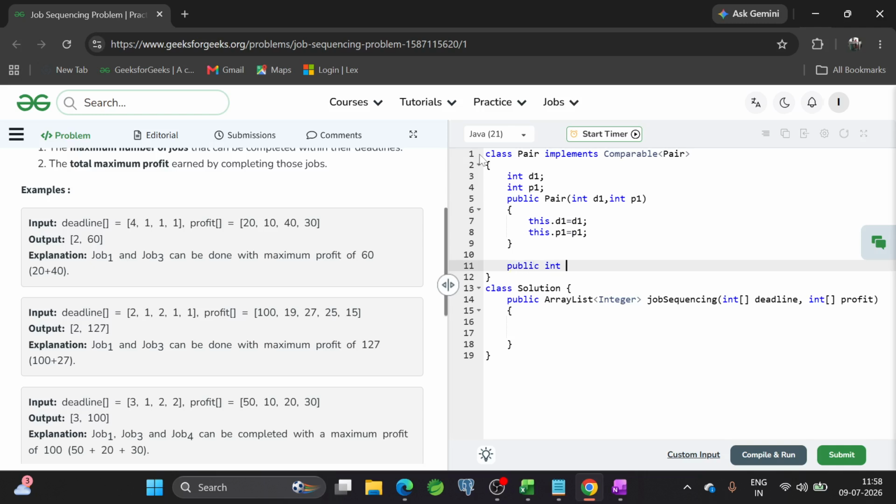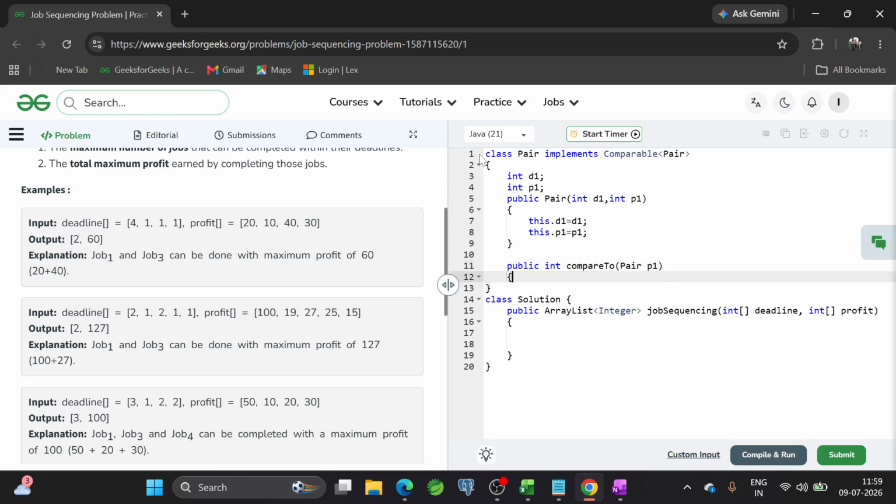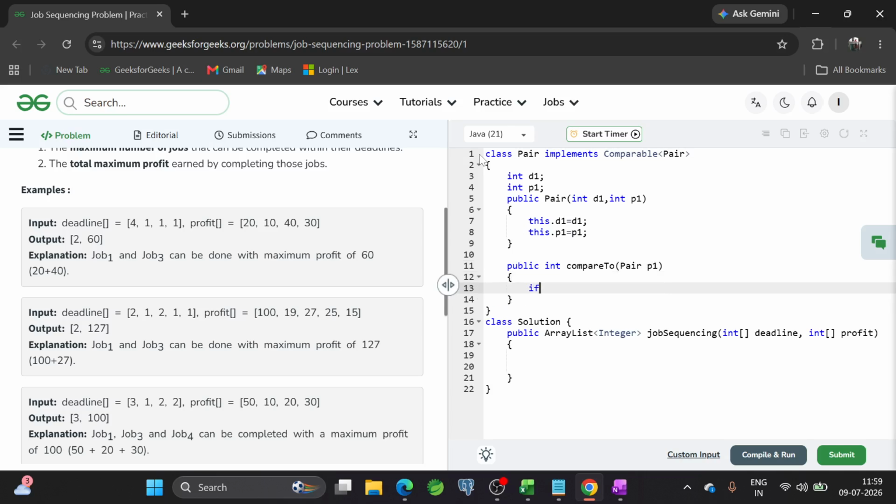Public int compareTo, taking a Pair p1. We are sorting the array in descending order, so we will get the maximum profit first.